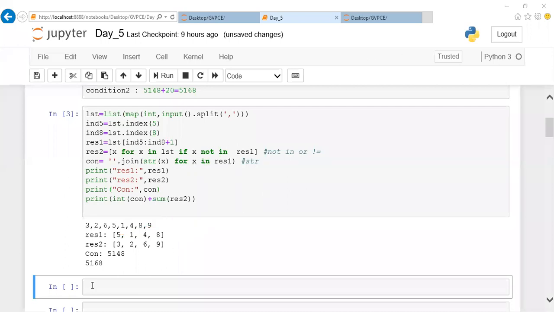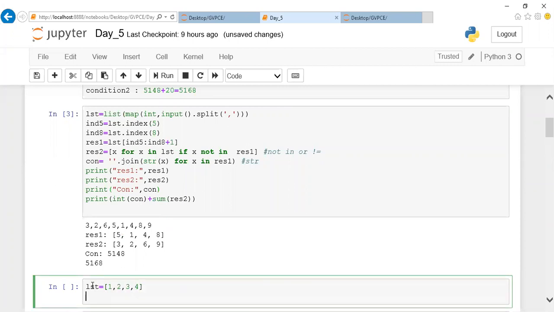So let me give some examples. Okay, so this is your list. Now if I'm going to join this particular list, let me mention print and simply dot join. Just a minute, let me give the same format in order to make it clear.